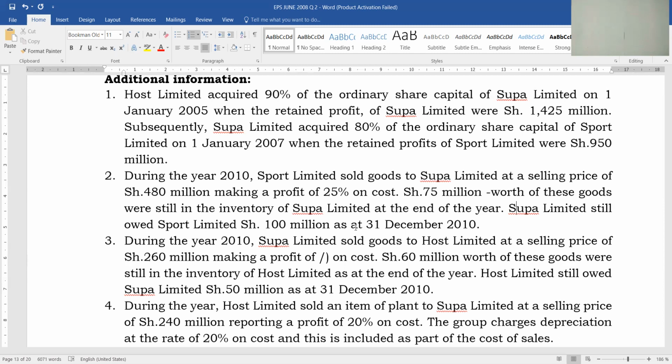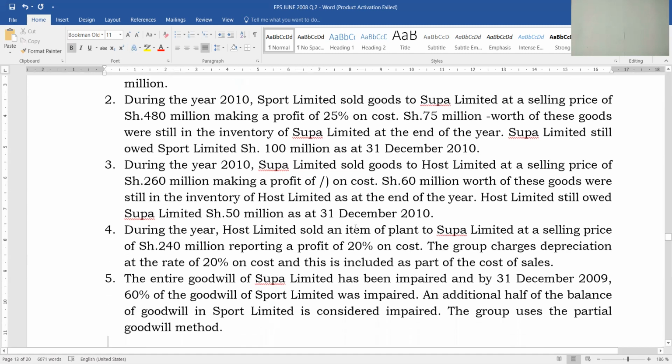You deal with two accounts, trade receivables and trade payables. So what you do to the trade receivables is that you credit, and what you do to the trade payables is you debit. So debit trade payables, credit trade receivables. That is how you cancel out an intergroup owing which has not been settled by the end of the year.